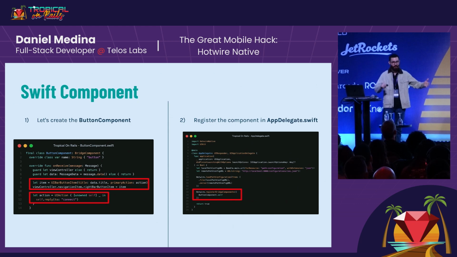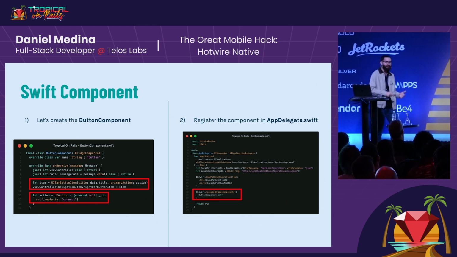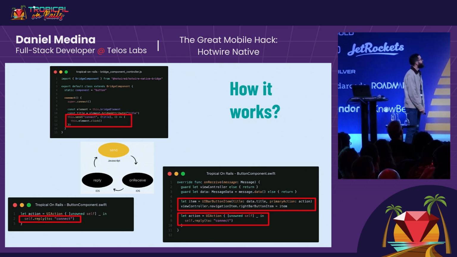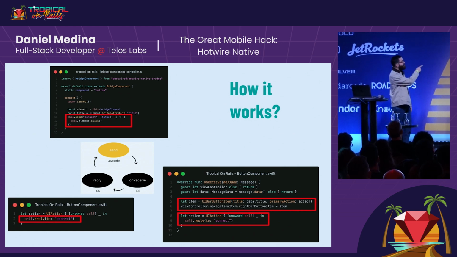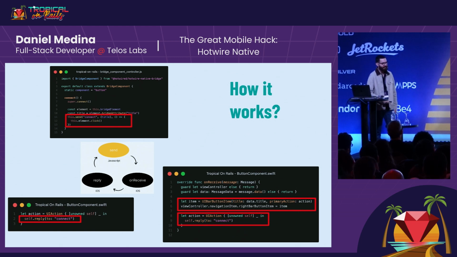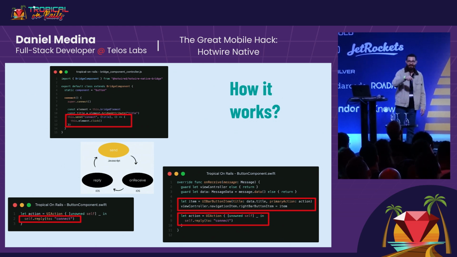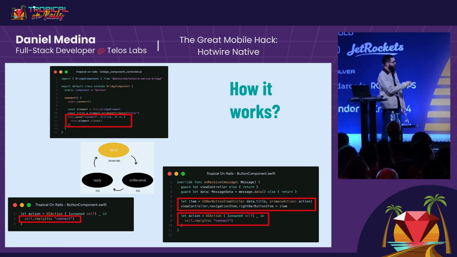So how does all this communication between the native app and the web app work? Well, it's very straightforward. At the top, we have our Stimulus controller in our Rails application. So basically, when it gets connected, it will send the title. Remember, we put the title; it was profiles. And it will send a callback. In this case, this callback is to click this element. So this will be sent to the native application.